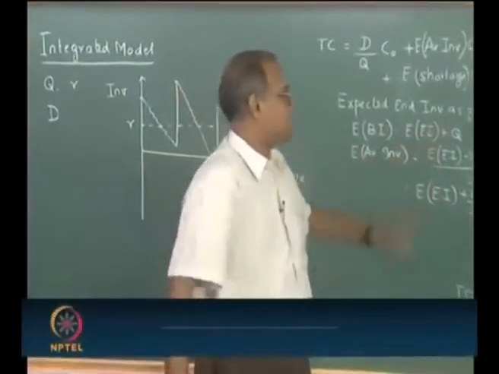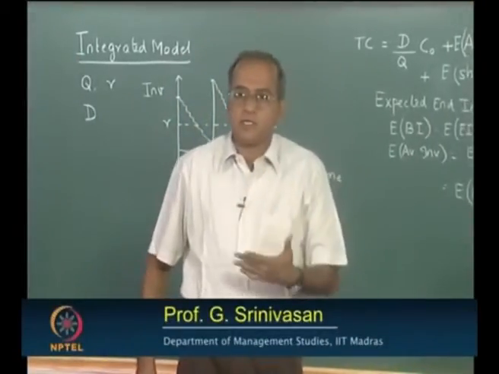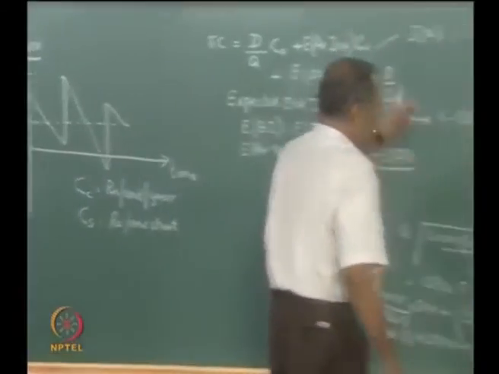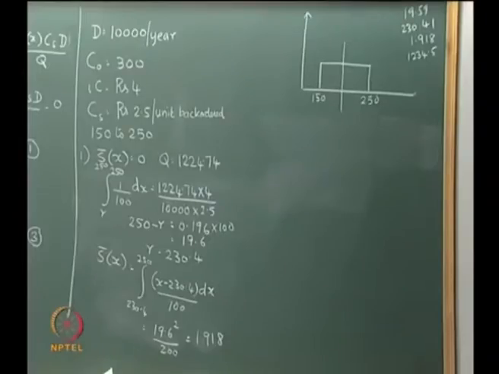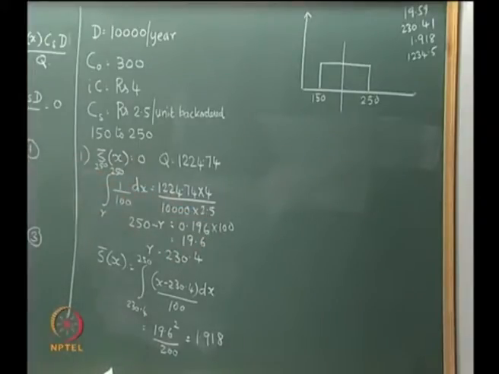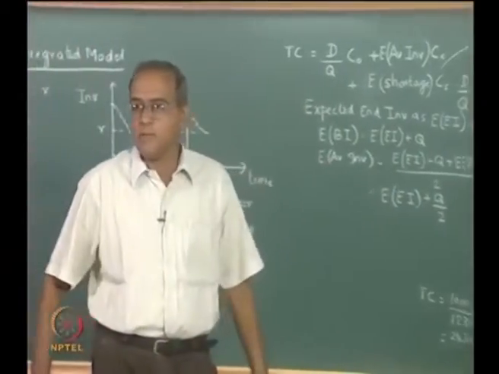For the same illustration, when we had deterministic demand, our total cost was about 4,900. Now, when the demand is non-deterministic and follows a uniform distribution, we get about 30 extra units as the safety stock or the buffer, and then we have an expected shortage of about 2 units in every cycle. So, this is the effect of having the integrated model.